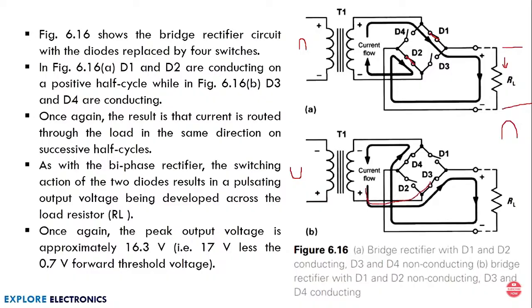Since D3 is forward biased, it will make the path for current to flow through RL. Again it will go through D4 and reach the other point. Here also the current flow direction will be in the same direction. That's why again we are going to get the same kind of output as